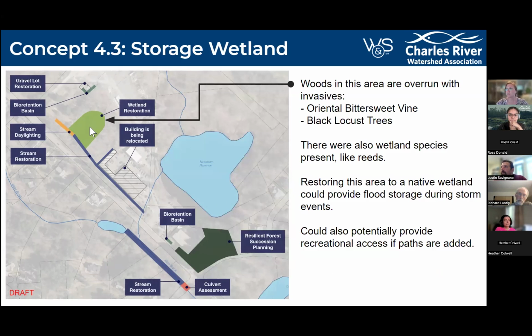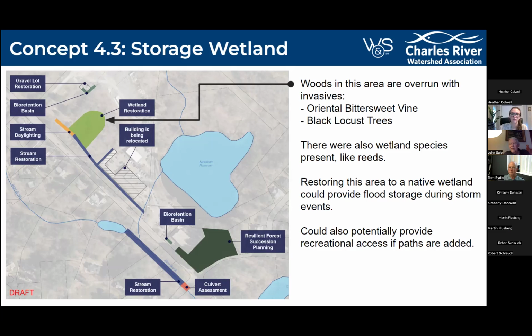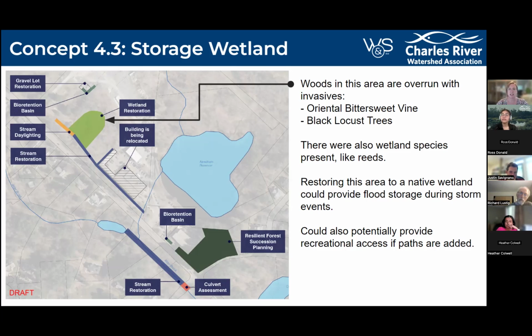And then the last part of this stream restoration concept is the idea of a wetland restoration project. Just inland of that culvert and where the stream comes together is a section of woods that is really in poor condition. It's overrun with invasive species such as oriental bittersweet and black locust trees. Those species are not providing any ecological benefit, and there were also wetland species present like reeds and phragmites. That means to us that the land there could be very much salvaged and renaturalized with native species, and especially wetland species,